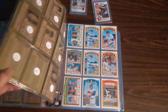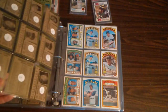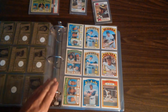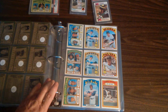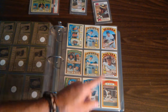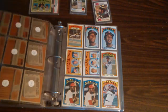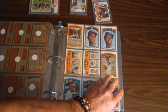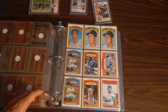But anyways, I have the '71 cards, and I pulled out quite a few of those into this binder. Then the '72s, which I really like the color on these. A lot of them just came out really nice right out of the package. They're pretty well centered. The white borders make them look really sharp and clean. There's my Lou Brock, which I really liked watching him just run, because I played baseball myself, and as a kid, we try to emulate